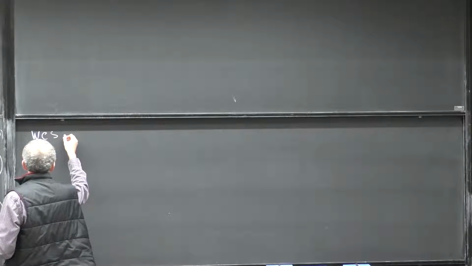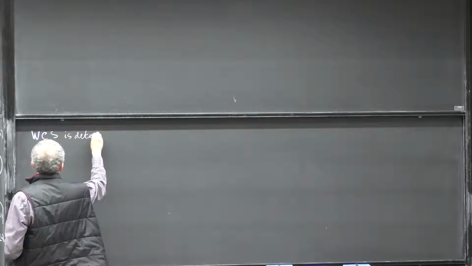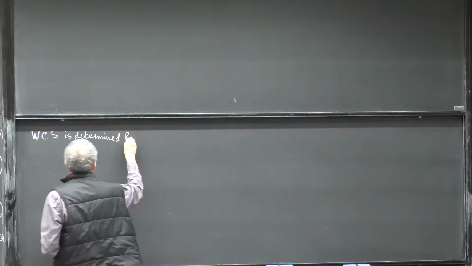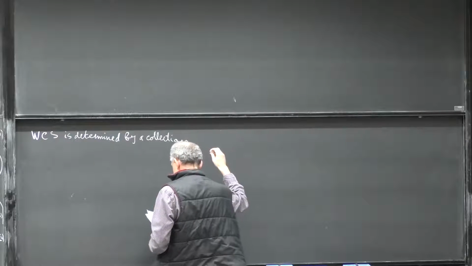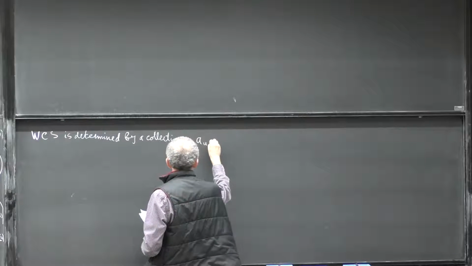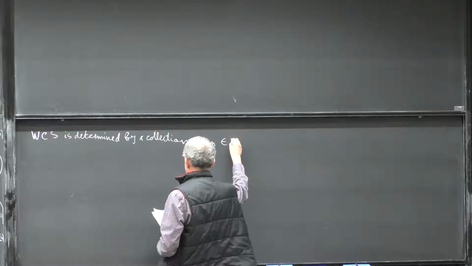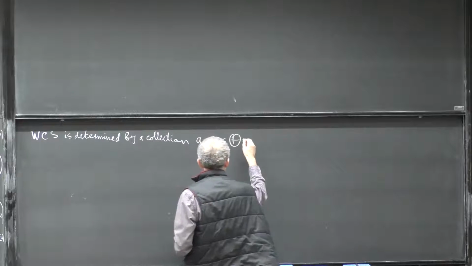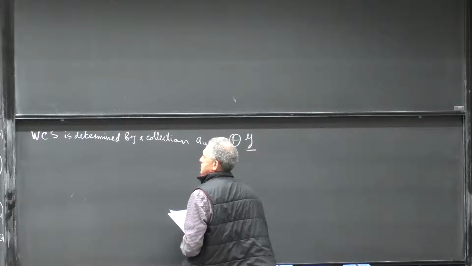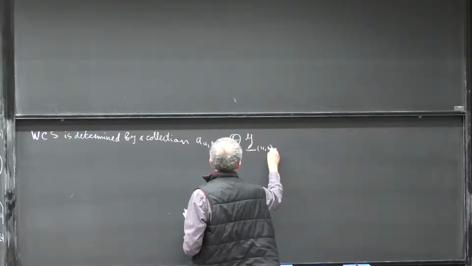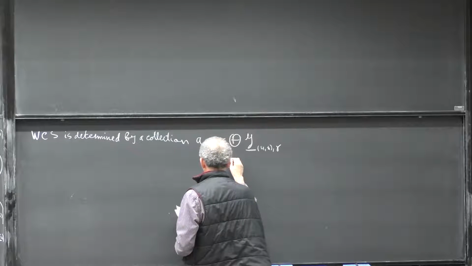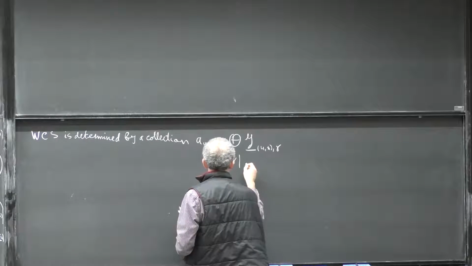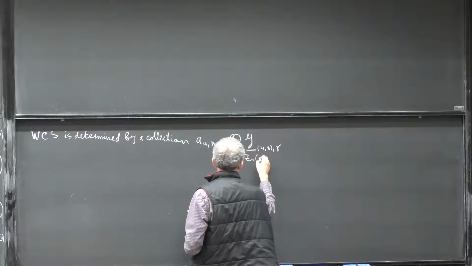So then the wall crossing structure is determined by a collection of elements A_{Q,H}, which belong to the sum of U,H gamma graded components, over gamma,